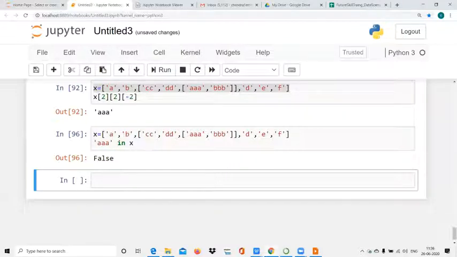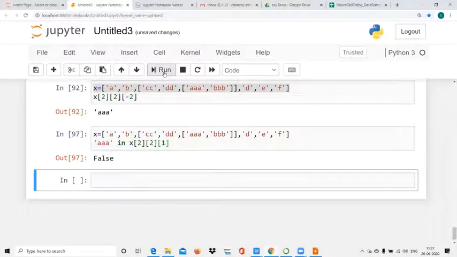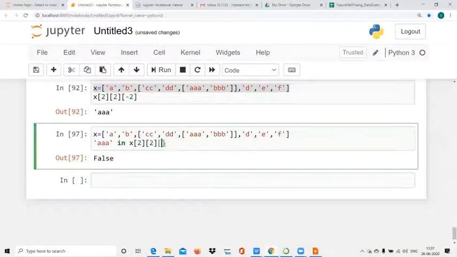So what is 0, 1, this is 2, this is 2. So 0, 1, 2, 0, 1, 2. 2 is this list, 2, 1 is this list, 2, 0, 2, 1, and this is 2, 2. So 2, 2. Okay, and first element. So now run. Sorry, this is the 0th element actually.